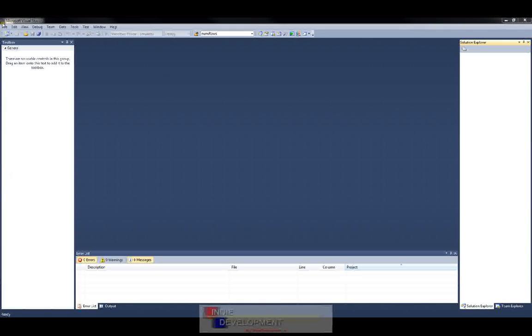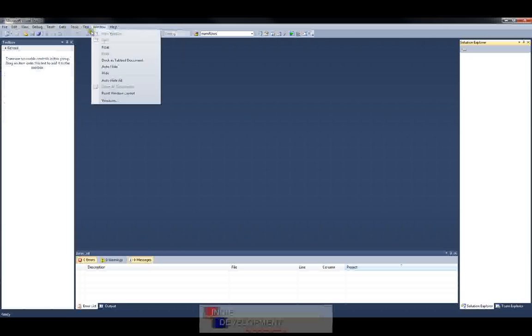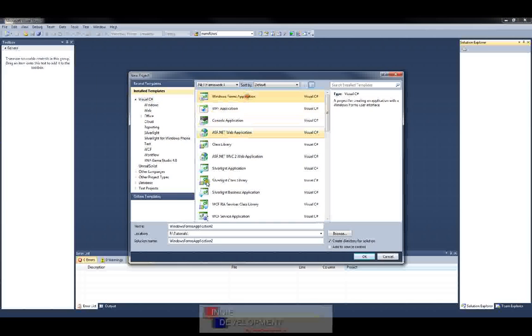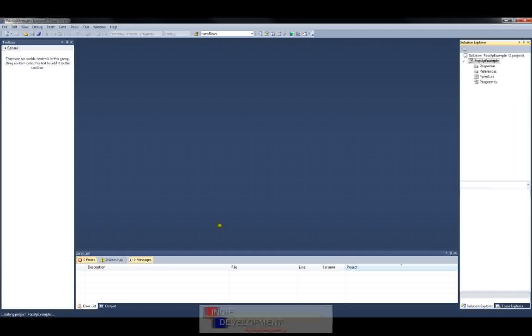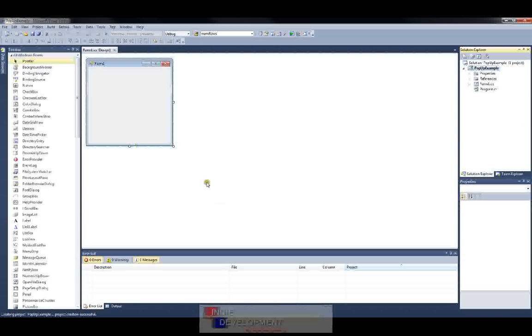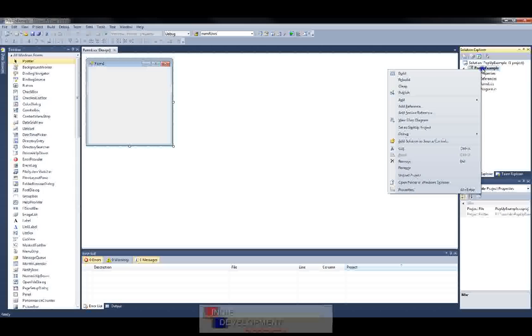So let's go ahead and do File, New, Project, Windows Form Application. I'm just going to name mine Pop-Up Example. You guys can name it whatever you want. Okay, once it loads up, we'll go over here in the Solution Explorer, right click on your project, add Windows Form,